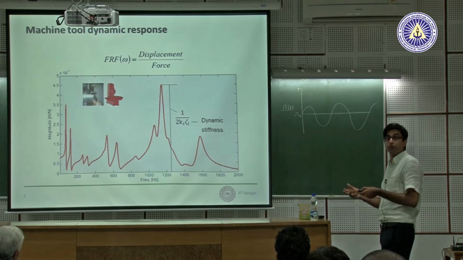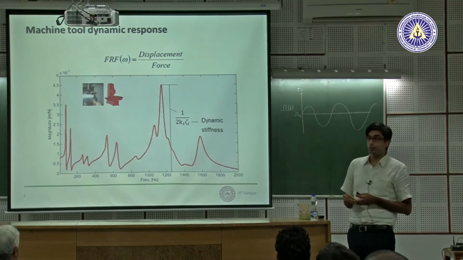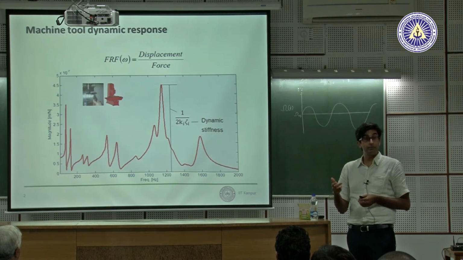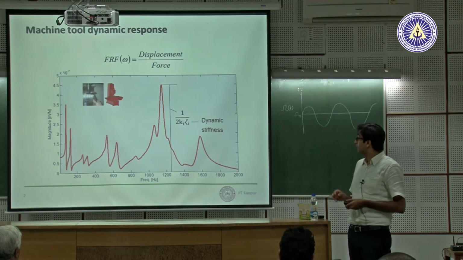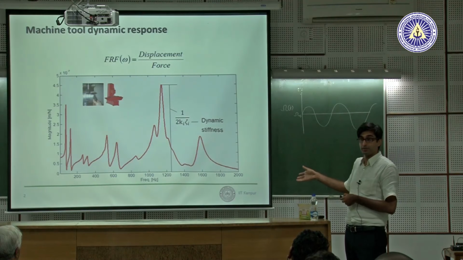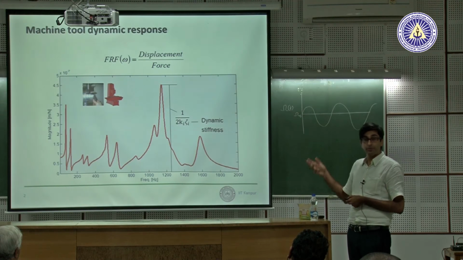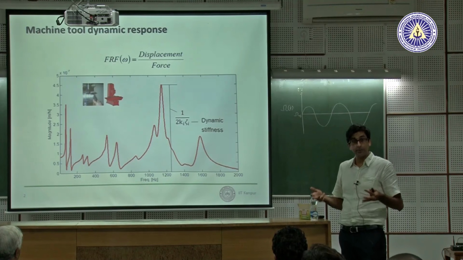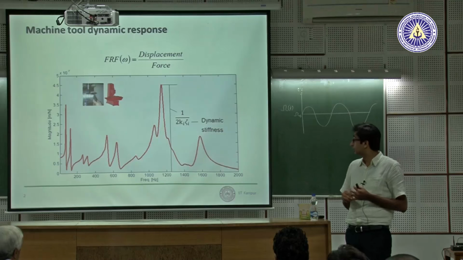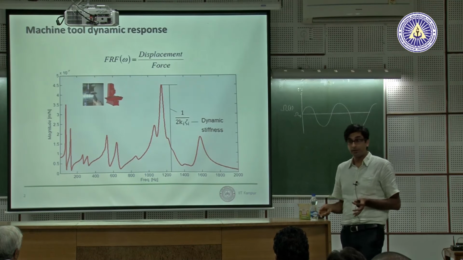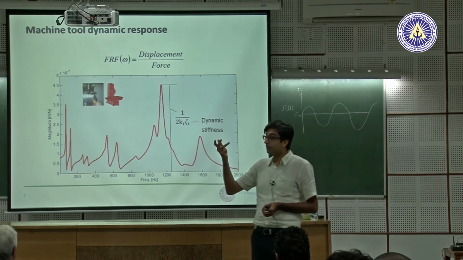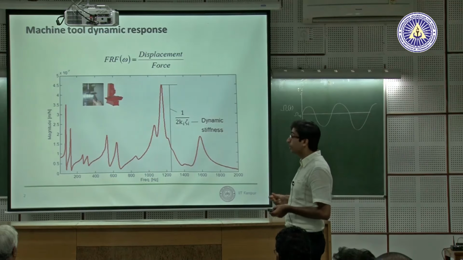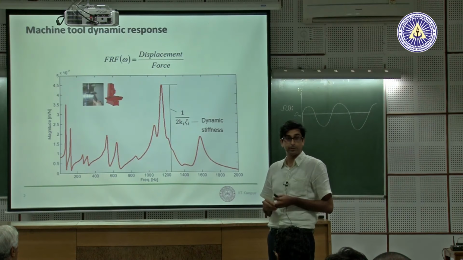What we want to do in understanding machines or designing them, or even before you buy them if you can, is check for their dynamic stiffness. This will tell you how the machine will behave. For some reason even the machine tool builders don't give us this information, because even they don't have it. They don't know how to measure this. But we can help you evaluate your own machines to make perhaps better machines.